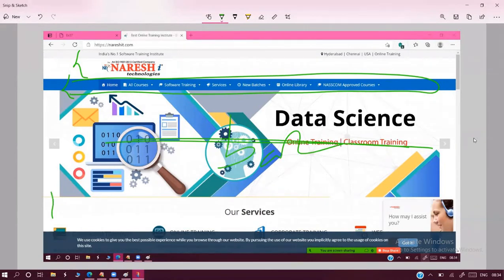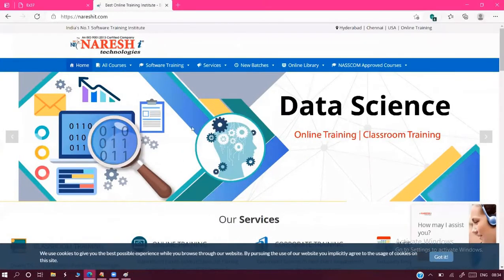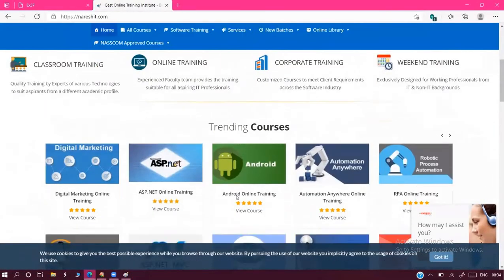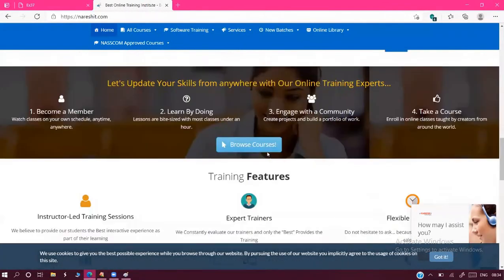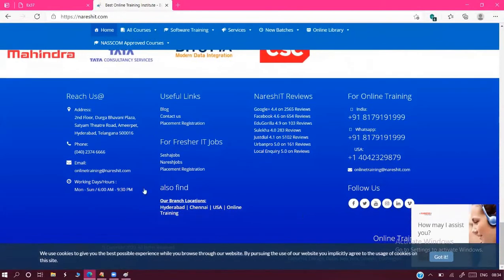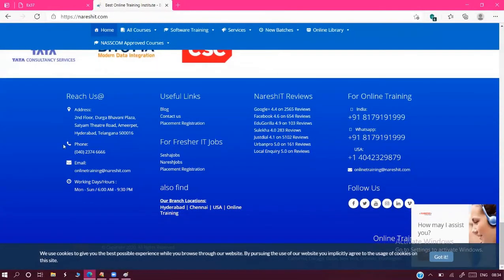At the bottom we have some of our services, etc. All these things go into the section. So this is the direct example. The content information, courses information, all these things come into the section. For the footer, the blue color box is the footer. This blue color box is the footer.